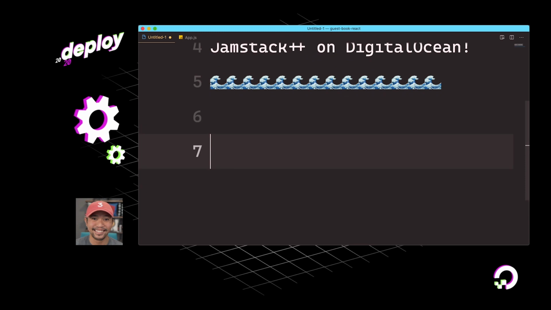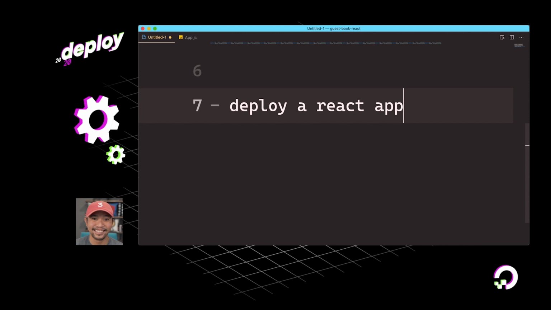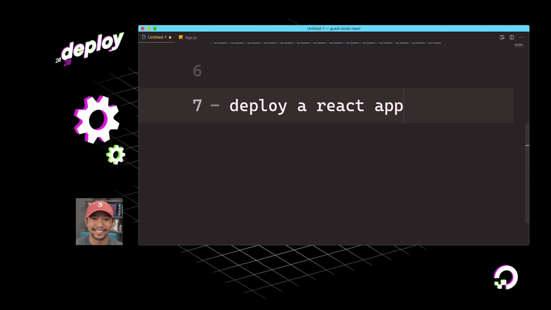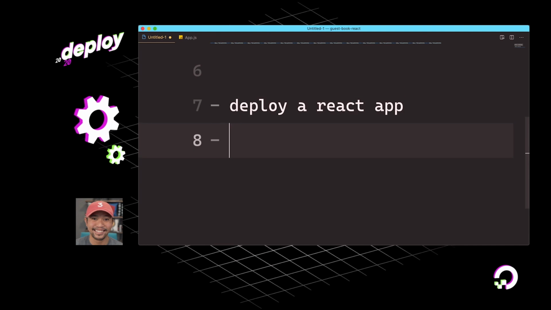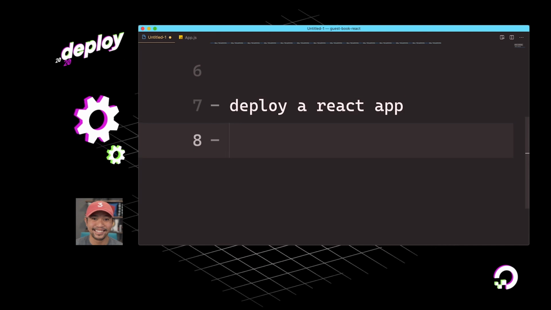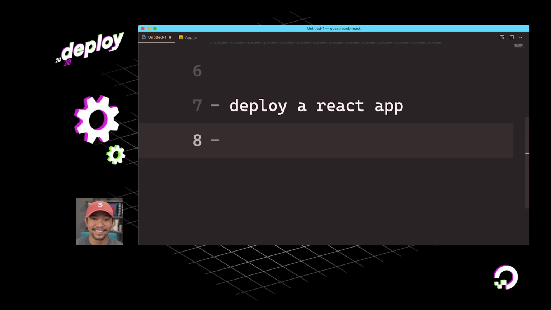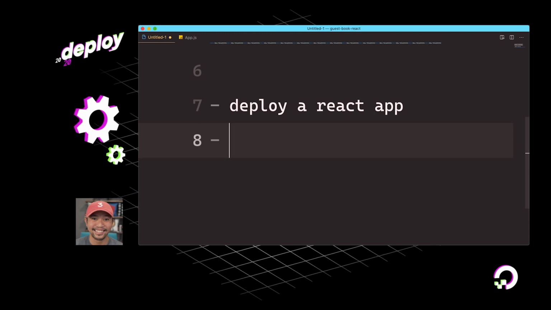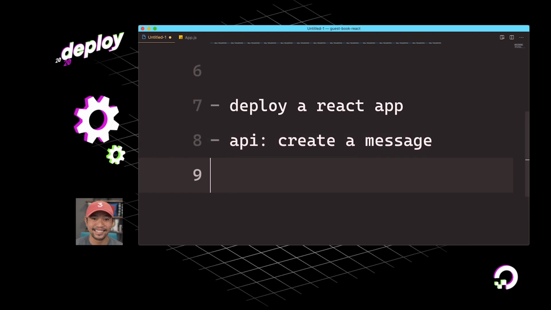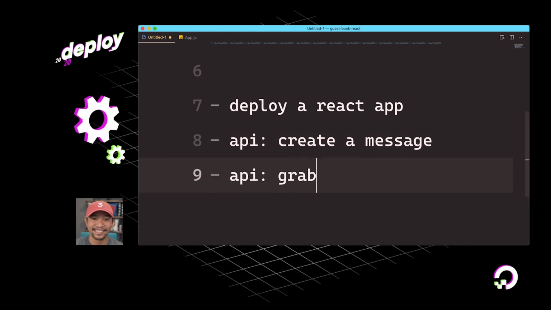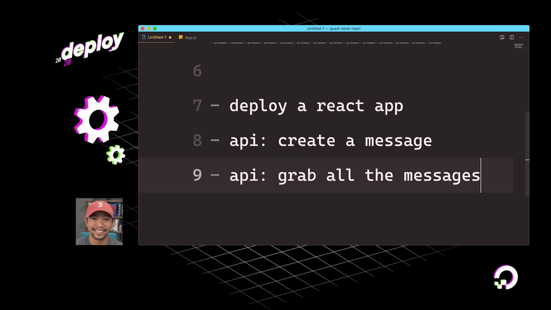So if we talk about our agenda today, we will deploy a React app. And this is going to be a super basic app, nothing to it, just some design and some text. And then we're going to say, well, what if we wanted to add a feature? Let's say we wanted to make this a guest book and have people post to it and basically make it like a message list. We would need to bring in an API so that people could create a message. And then we would need a part of the API so that we could grab all the messages. And then we'd return all of that to React. React would go ahead and display all that fun stuff.